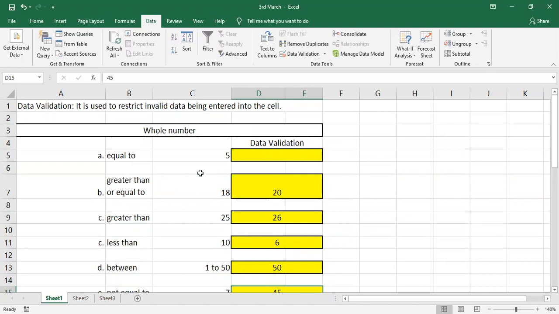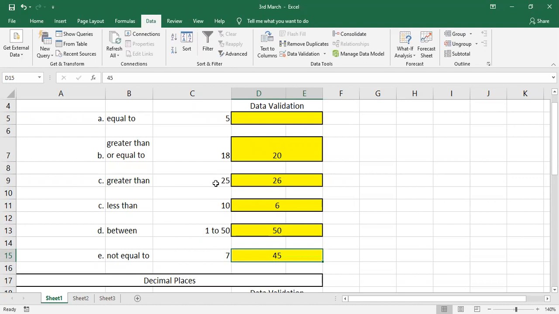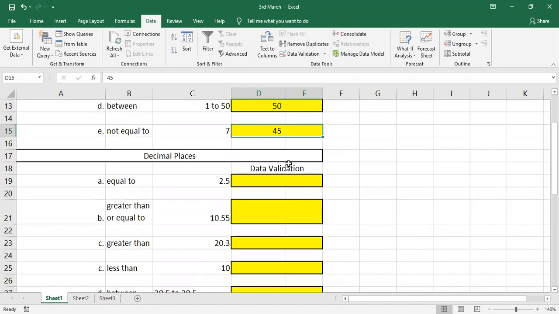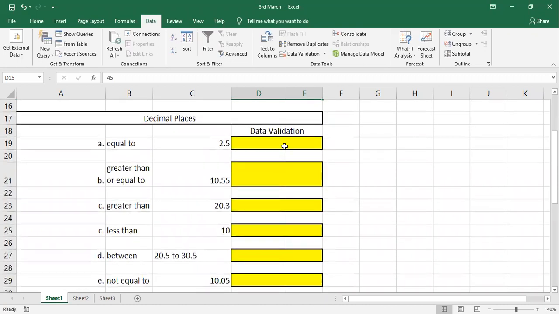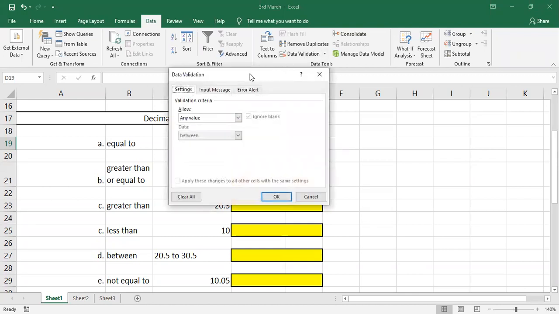Do you have any doubts in whole number? Okay. So here I'll specify that it should accept the decimal places, but here I'll give the validation. I'll select data validation.